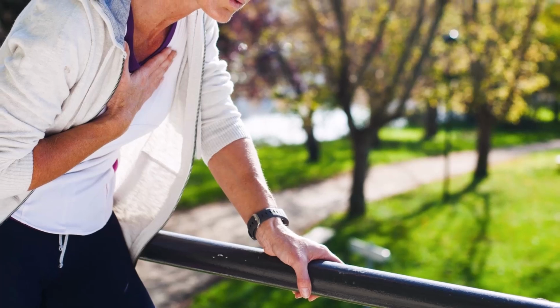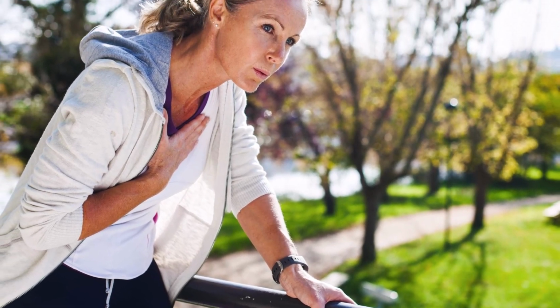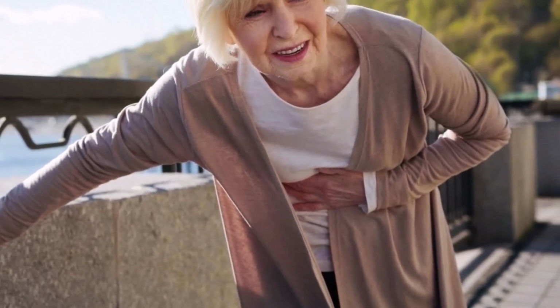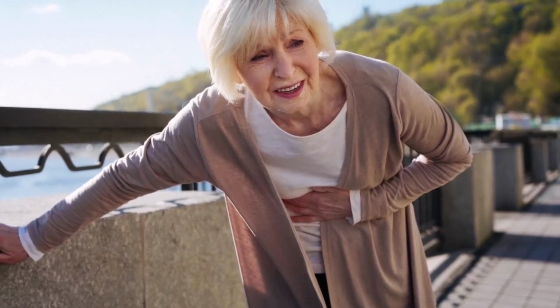Shortness of breath, or dyspnea, is one of the hallmark symptoms of heart failure. In the early stages, this symptom may only present itself during physical activity, but it can progress to the point where even slight exertion or lying down causes breathing difficulties. This specific symptom, known as orthopnea, can make sleeping challenging for many, as fluid shifts toward the chest when lying